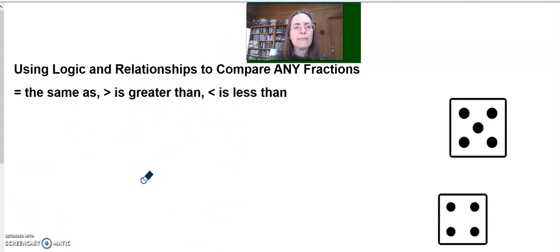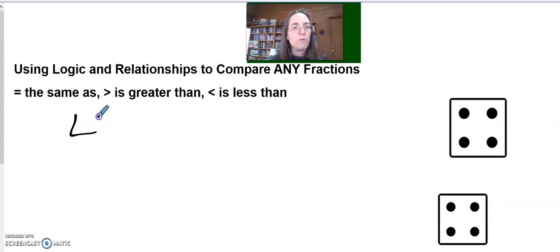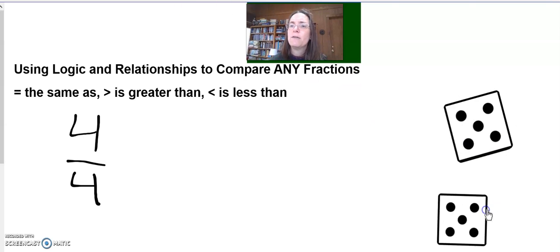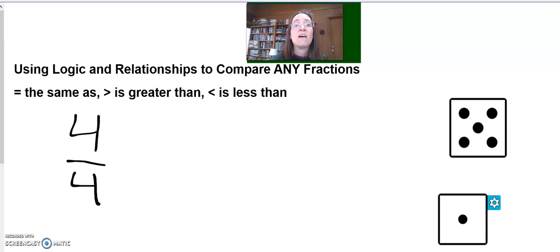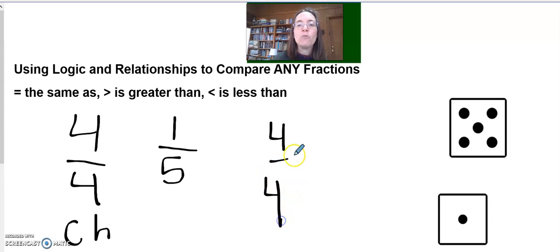All right, Charlie, let's do some more fractions. Let me see. I'm going to roll my dice. So cool. I've wound up with 4/4. Uh-oh. I don't think this is going to go well for me. Definitely not good for me. So now we have Charlie getting 4/4. Charlie, I hear you at home speaking to me and saying, that means I got the whole thing. You're right, Charlie. In fact, if we were to compare these, we could say that 4/4 is equal to 1